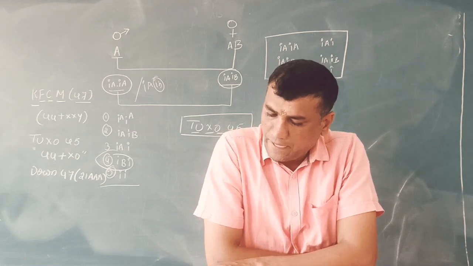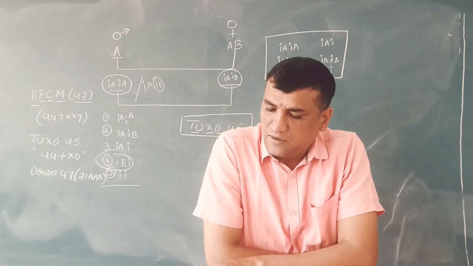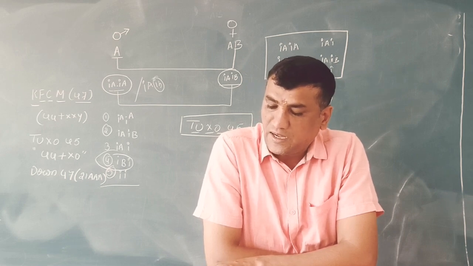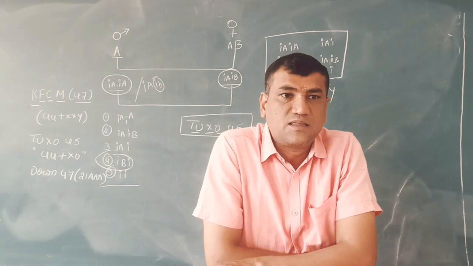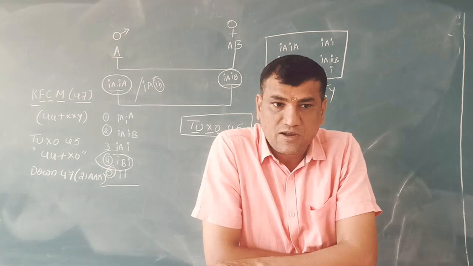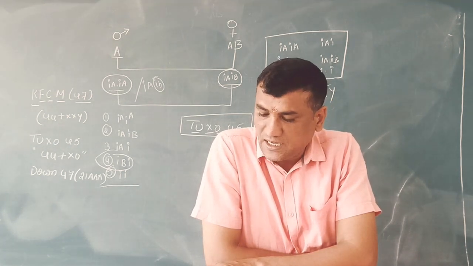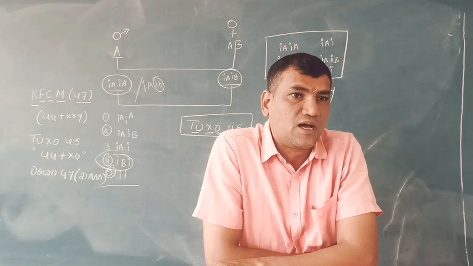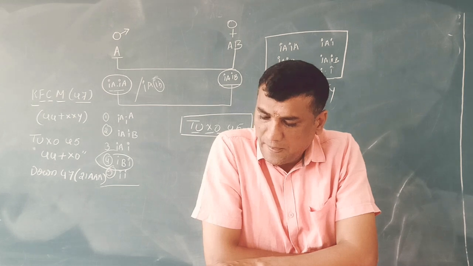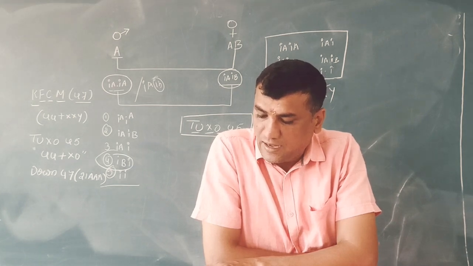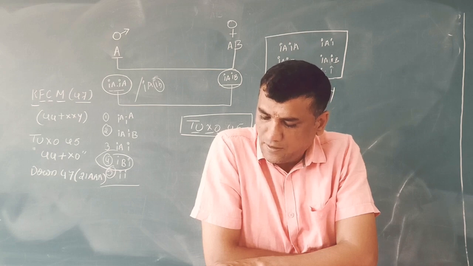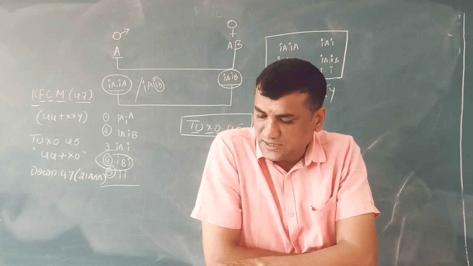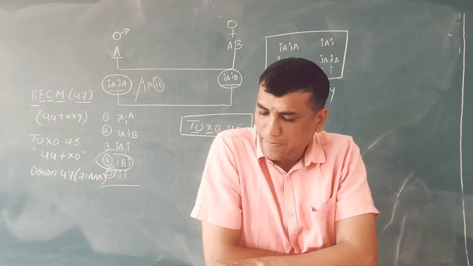Next, 18th question. Which of the following statements is or are correct for an epistatic gene? Epistatic gene means one gene dominating over the other gene. So you might not have got this epistasis. Epistatic gene is non-allelic. Epistatic gene never expresses itself independently. Epistatic and hypostatic genes are present at different loci. All of the above.